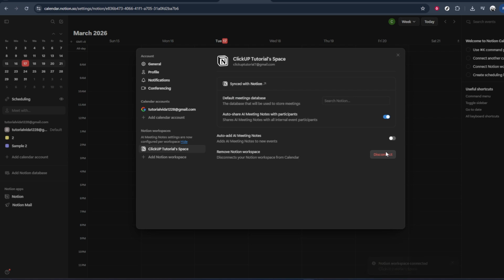Once the prompts are complete, your workspace will be disconnected from Notion Calendar, and you'll be back in control of a cleaner, more focused